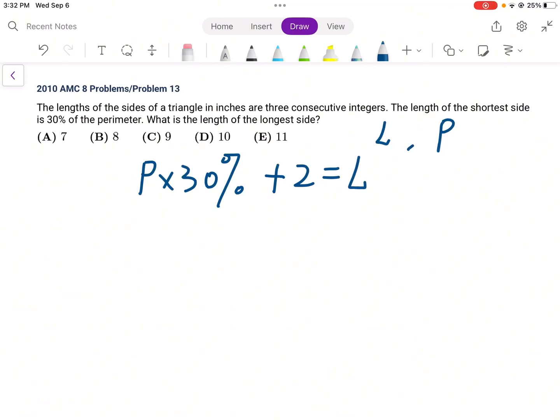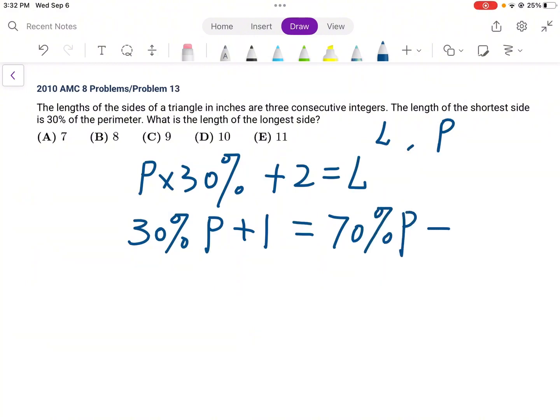And also, 30% multiplied by P plus 1 equals 70% multiplied by P, minus the longest side. We substitute the first equation into the second. Then we will get